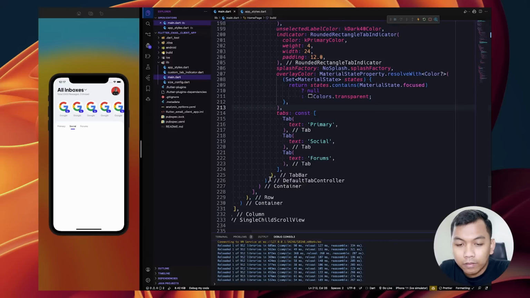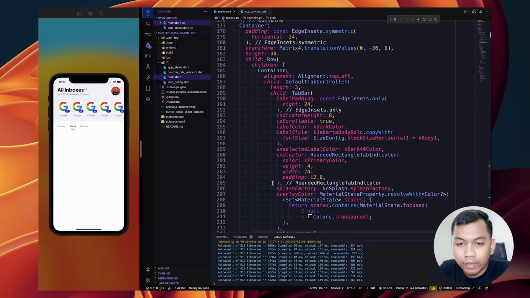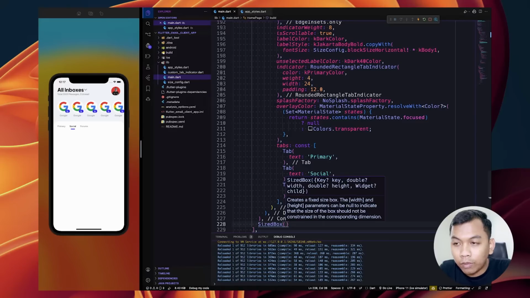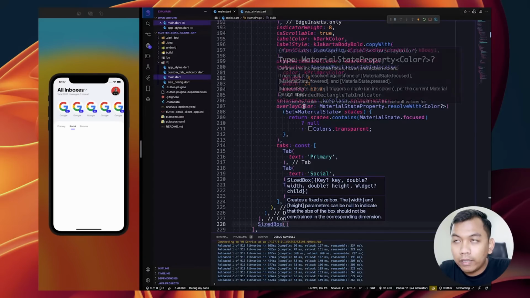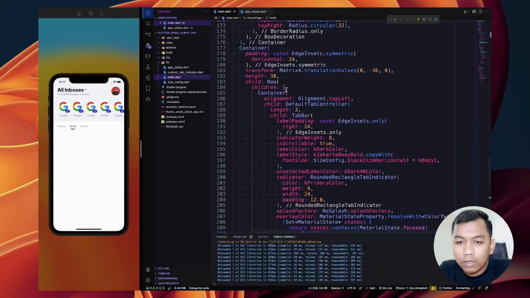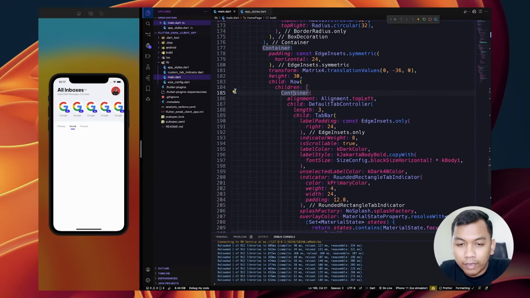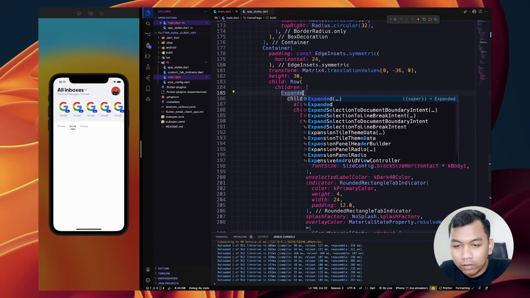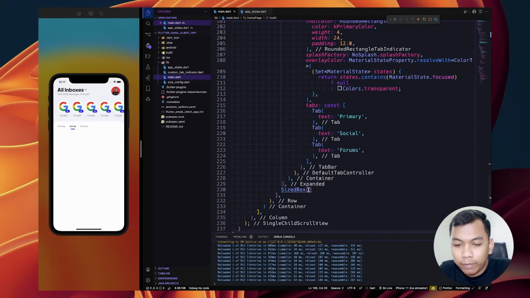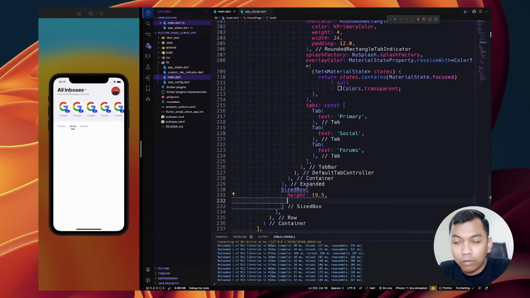And what we have here, below of our container, we will add size box. And don't forget to wrap our container using expanded widget. So below this expanded, we will have size box with the height 19.5.